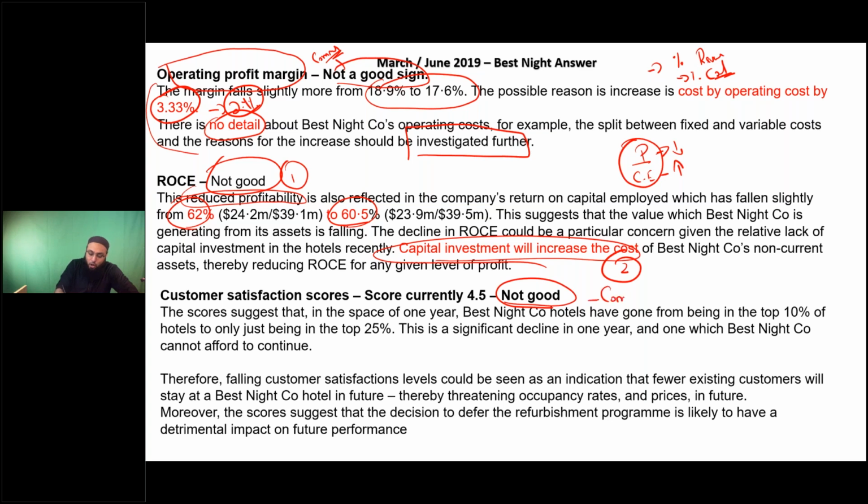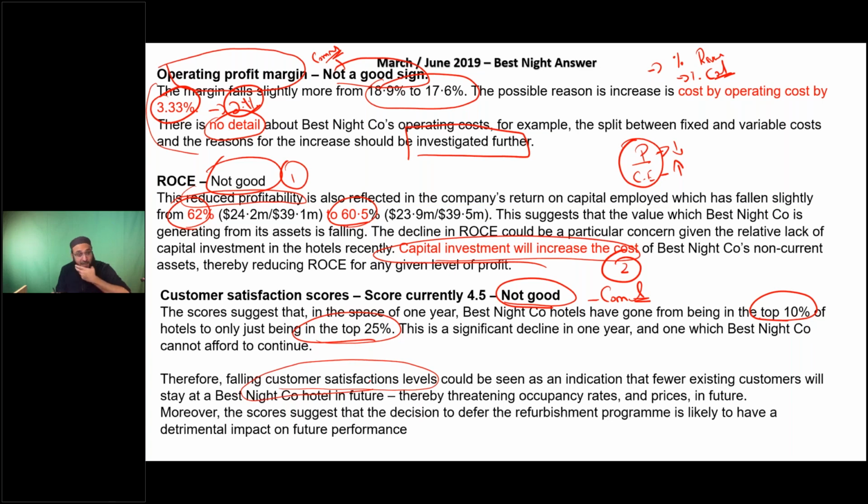The comment is not good. You are not now in the top 10, you are in the top 25. Why this happened is because there is a clear link. Are the customer satisfaction levels going down because of bad service? The reason is obvious in the scenario. Directly you can link from the scenario,